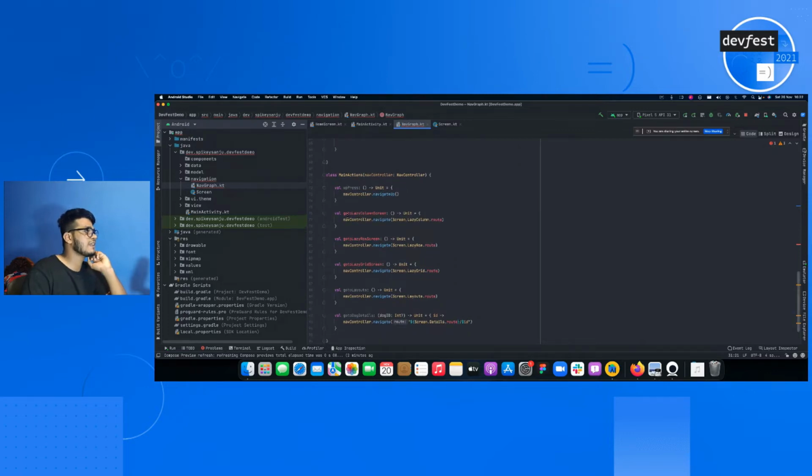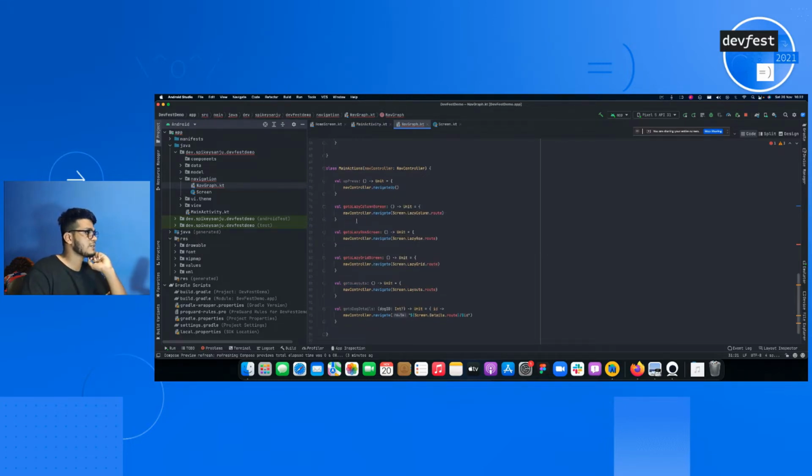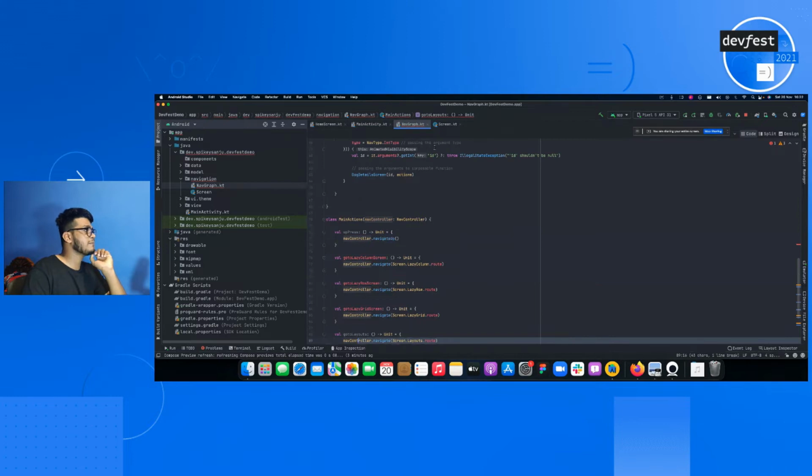So this is called go to lazy column screen, which is declaring the unit function. And whenever the user clicks on it and calls this function, we will be navigating the user to this lazy column screen. So vice versa, we have added all the possible routes for our application. So switching back to the home screen,